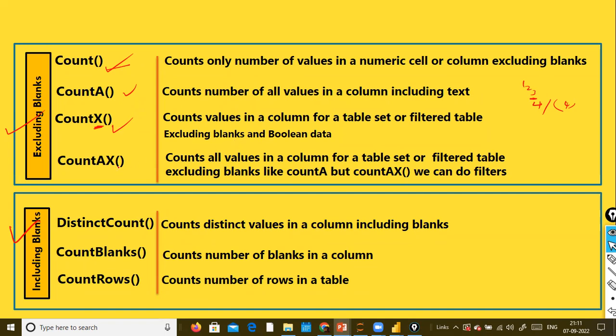That's what I mentioned. And the next one is the COUNTAX function. The COUNTAX function counts the number of values in a column that contains numbers, dates, strings, and Boolean values, like your COUNTA function. COUNTA and COUNTAX are more or less the same. Like COUNTA and the other functions, the COUNTAX function will not count the blank values in a column, but because this function also ends with X,